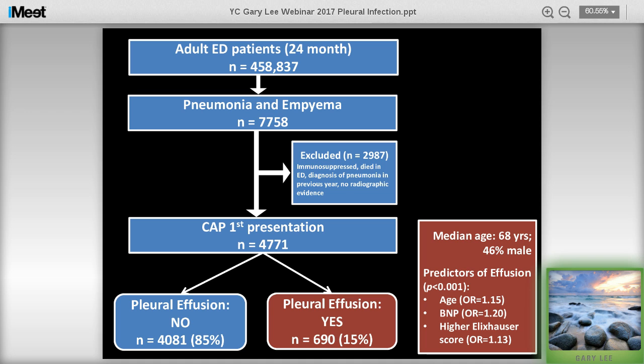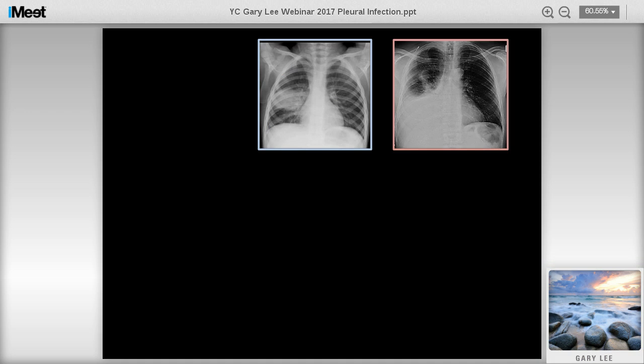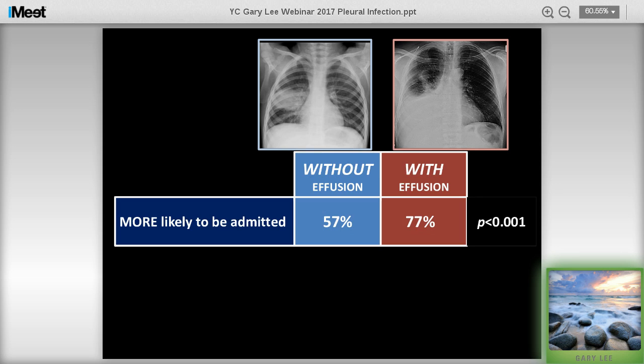And 85% of them did not have a pleural effusion on their imaging in the ED, be it chest X-ray or CT scan, but 15% did. And if he compares the 15% that have a pleural effusion right from the beginning of the pneumonia presentation, they were older, they have higher brain natriuretic peptide levels, and they have higher comorbidity scores. But more importantly, if he compares the group on the left-hand side, which is pneumonia without pleural effusion at the first presentation, and the group of patients that has the pleural effusion at the first presentation,